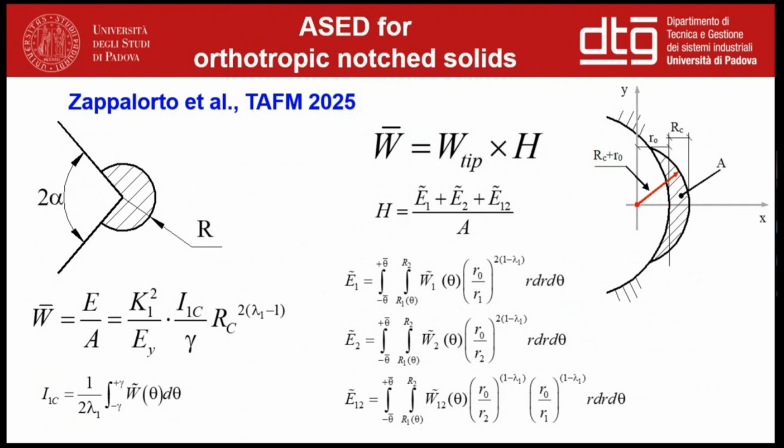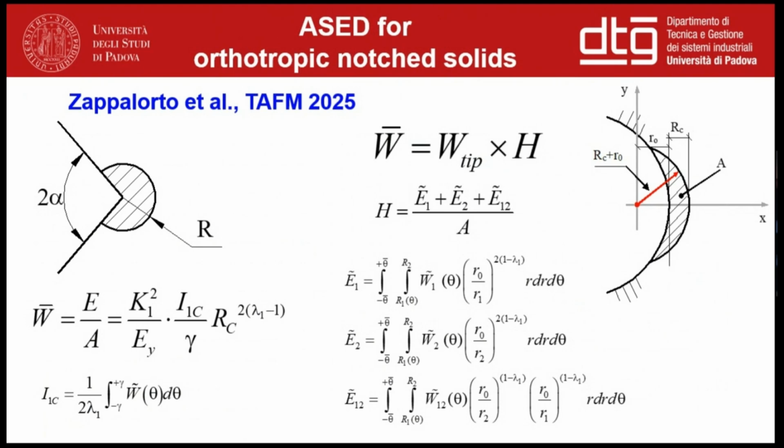And this is what we did recently, considering both sharp notches and reduced notches. I would like to focus the attention on this final equation for reduced notches, which is very easy in principle, and is documenting the fact that the average strain energy density within this control volume, we have maintained this, for simplicity, the same shape proposed by Lazzarini and Berto,